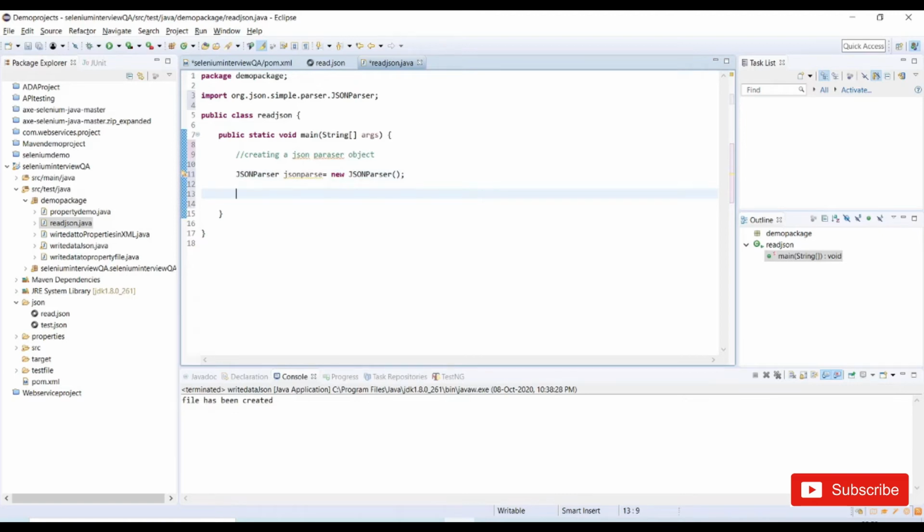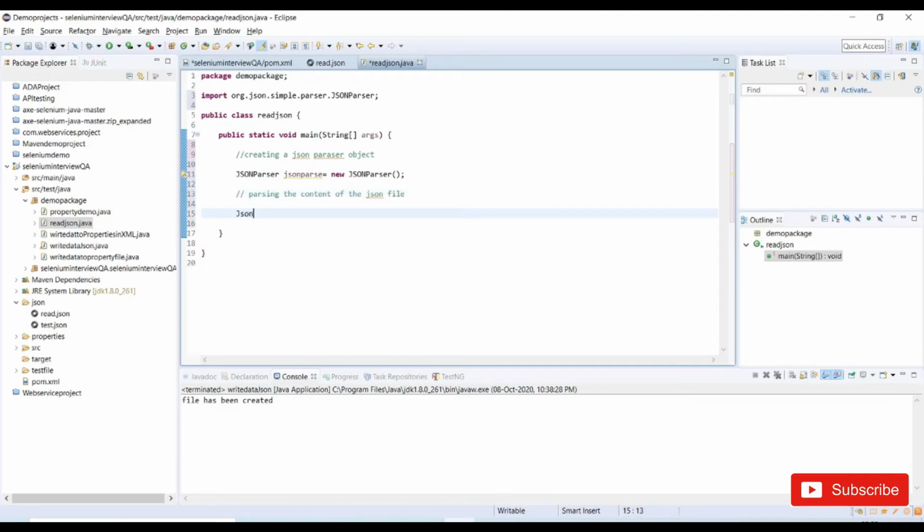Now we need to parse the content from a JSON file. We need to parse the JSON file using a JSON object, so for that, we need to create a JSON object. I will comment here: parsing the content of the JSON file. So how do we do that?